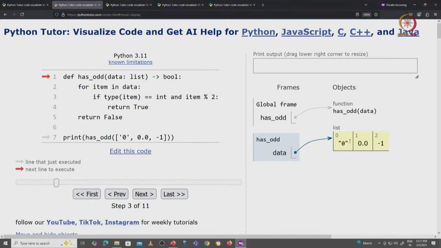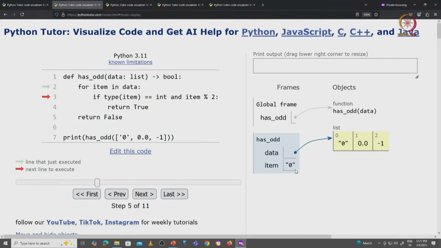This time we have this more compact representation of the list data. Remember, its 0th item is a string. So we come into this body of the function, and here we have this for loop, this iteration. So for each item in data, when we click on Next, the first item in this data is the item at index 0. So when we click on Next, item will be 0.